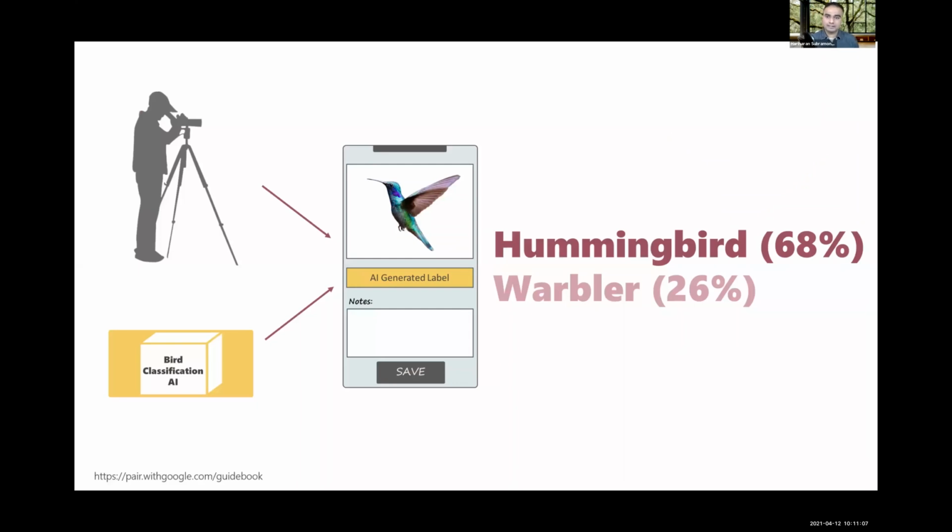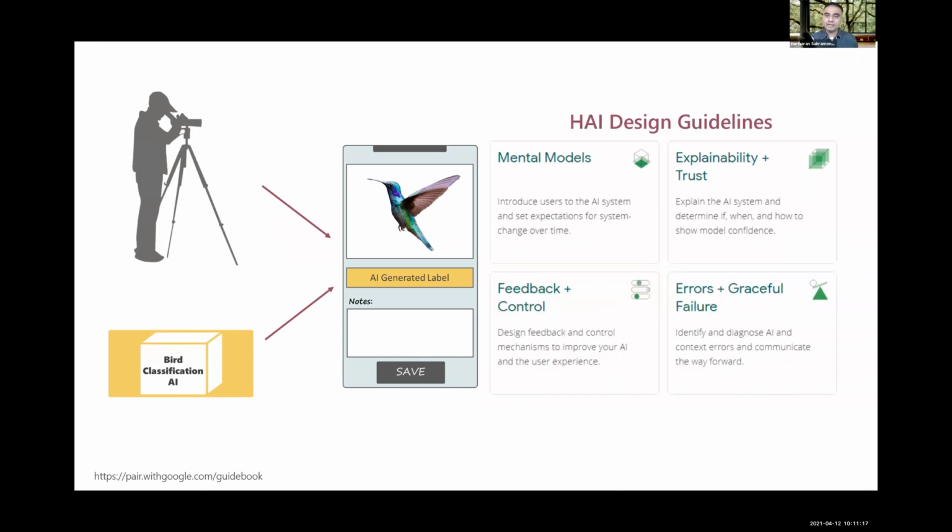But unfortunately, these models are error-prone, and as a designer, you need to design for model uncertainties by considering the interactions between people and machine learning. Specifically, you need to design for AI errors and handoffs such as mixed initiative dialogues. You need to design ways to support model learnability through feedback and also help users understand the model's output through